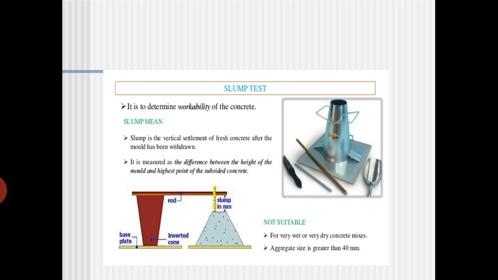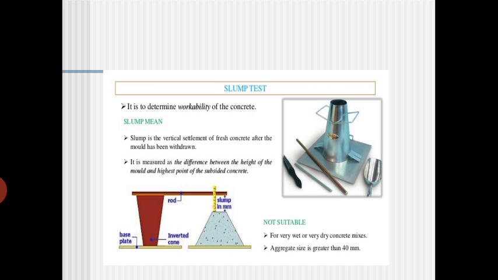Once you release the mold, it has to keep the shape of the cone, and it should not be disturbed or collapse. It is measured as the difference between the height of the mold and the height of the